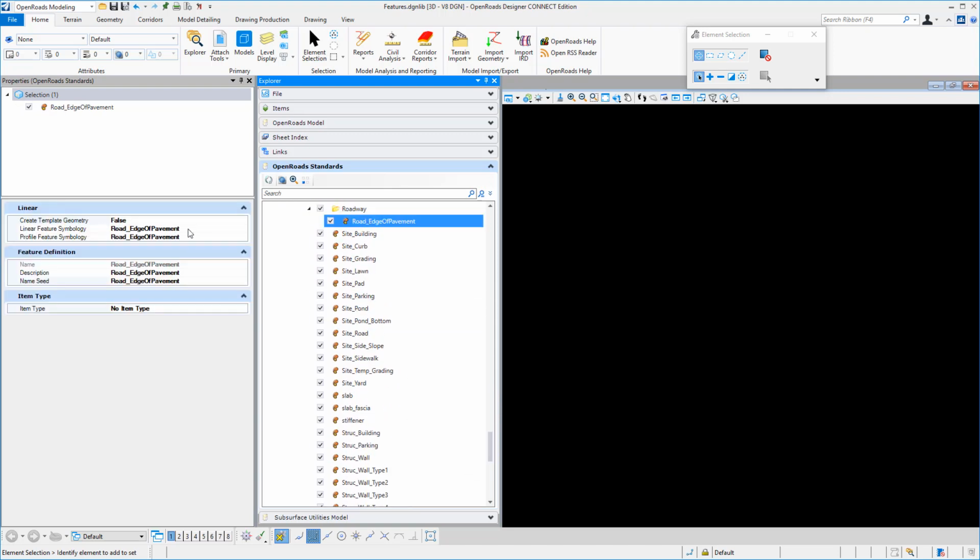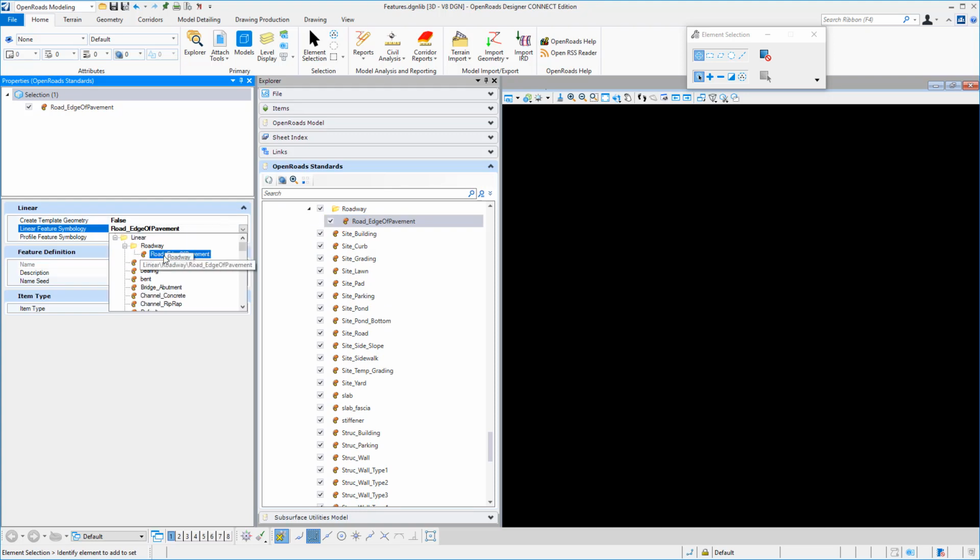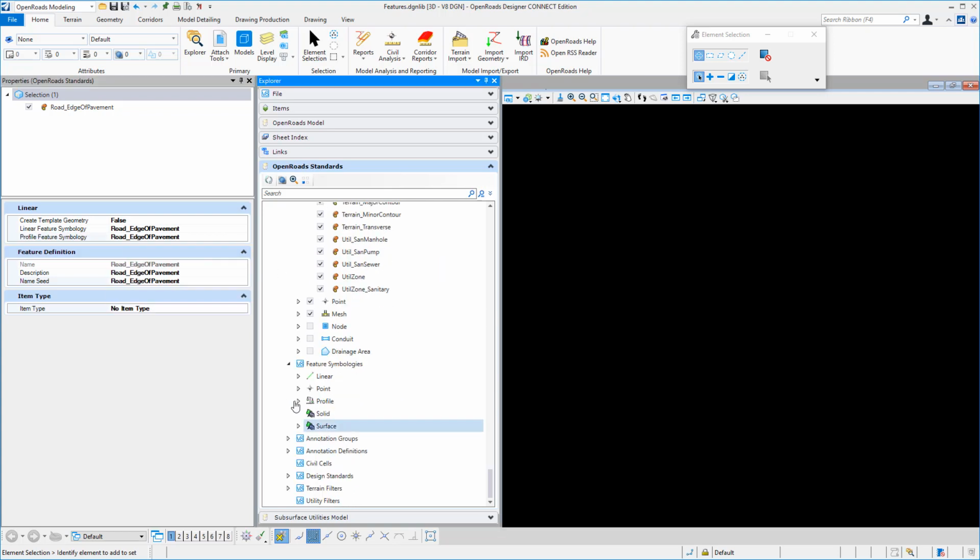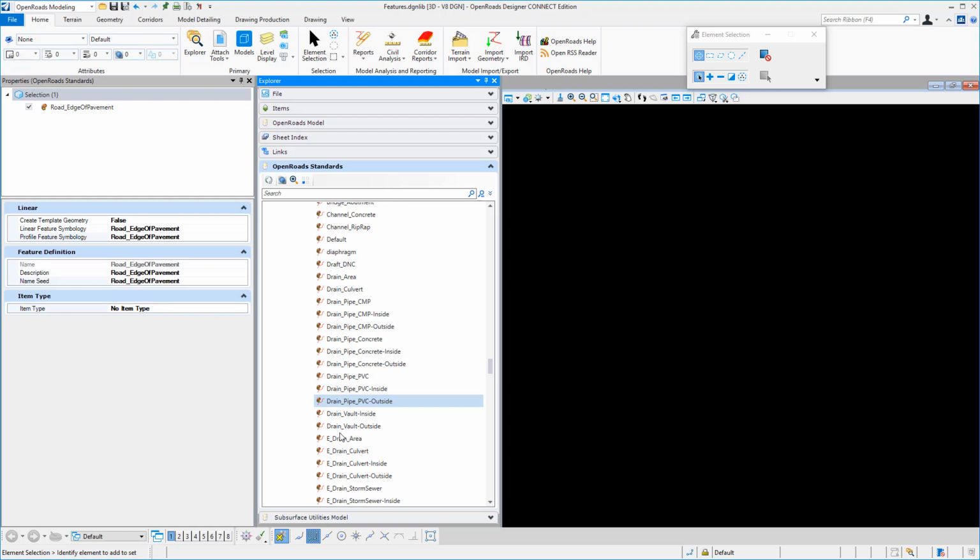So now if I go into that folder and I look at it, you'll see that it is now finding the road edge pavement, and so this way it's looking under the folder. Same thing for the profile, so that checks out. If I go down then to the symbology, and I'll just do the linear here, we go down to the folder, expand it,